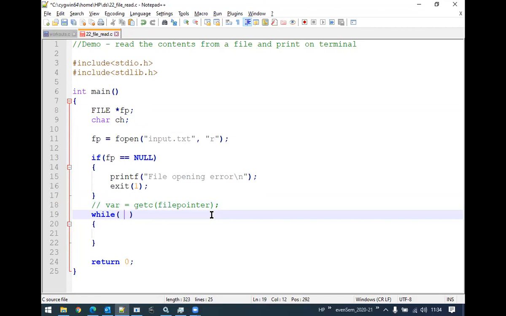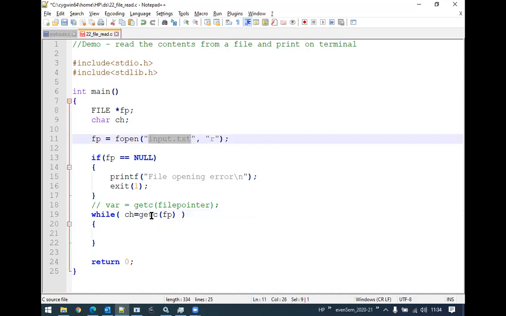I need to make use of the getc function, which takes a parameter. The file pointer is the fp which we have declared. It is going to return a character that we store into the ch variable. Now ch equal to getc(fp) means whatever this fp is pointing to, that is input.txt, read the character from this particular file.